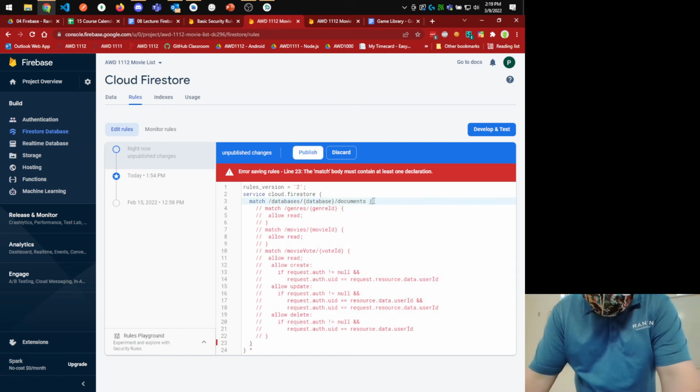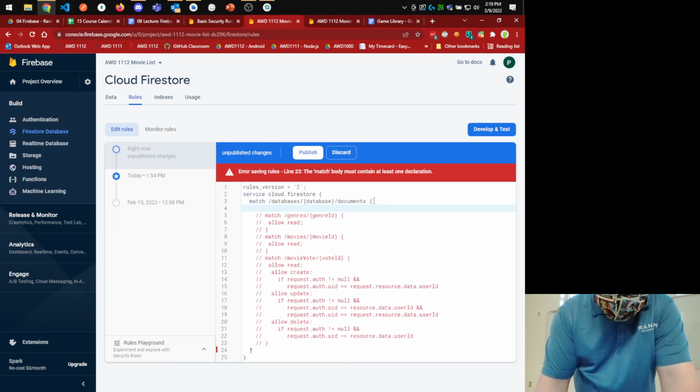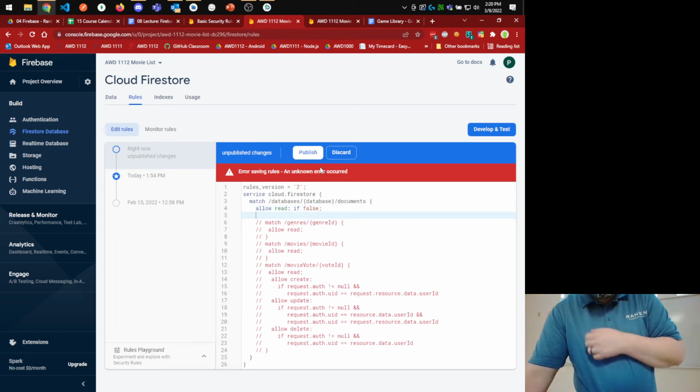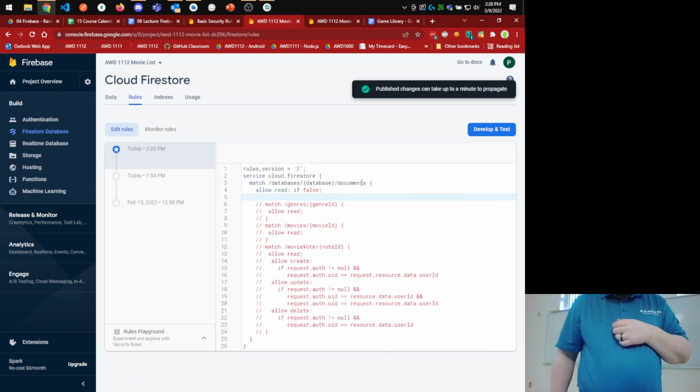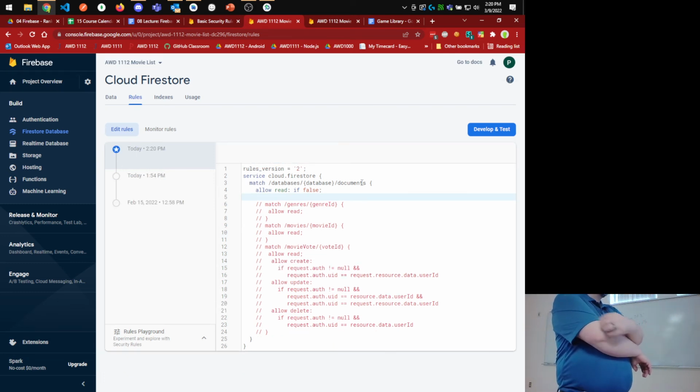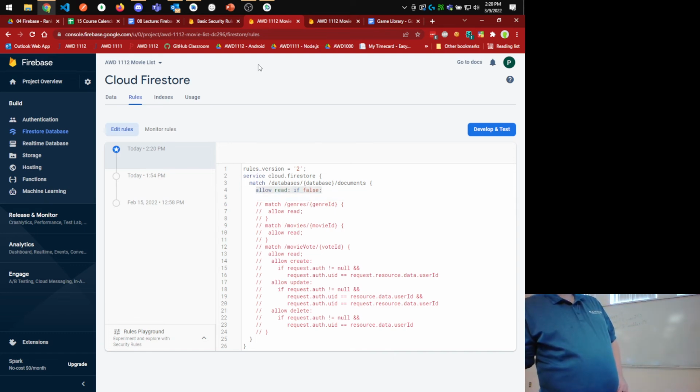Okay, so it must contain at least one declaration. So allow read if false. There we go. Okay. So I'm going to publish those rules, which are going to say you're now not allowed to do anything. Okay? The only reason I had to add this line is just to make it happy in terms of the syntax. So if I go back to the app now,